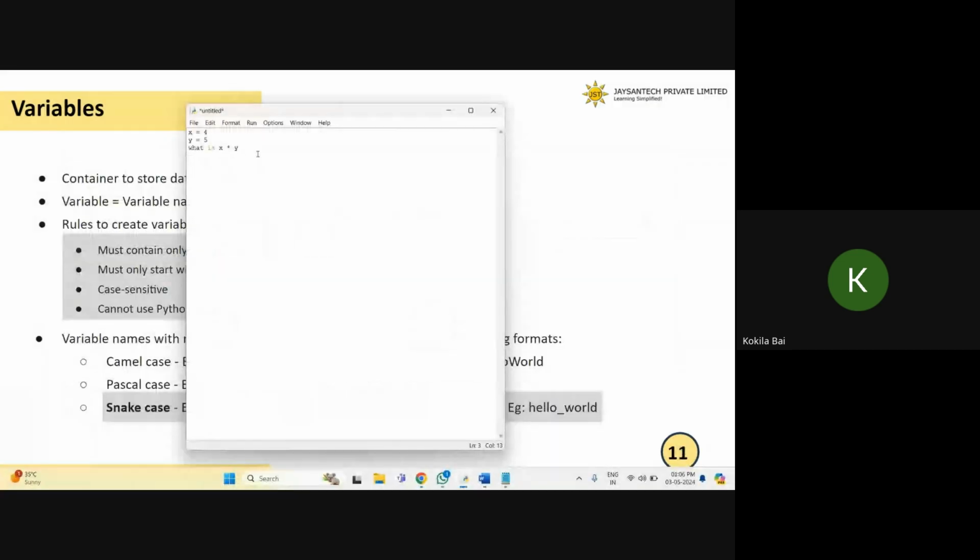Variables are nothing but containers. Like this, x is equal to 4. 4 we know is a literal, it's the data. Now this x, the entity to which you are assigning this value, is called a variable. So it is like a container that is holding your data. So 4, I'll put it into x, and wherever I want to use it, I will